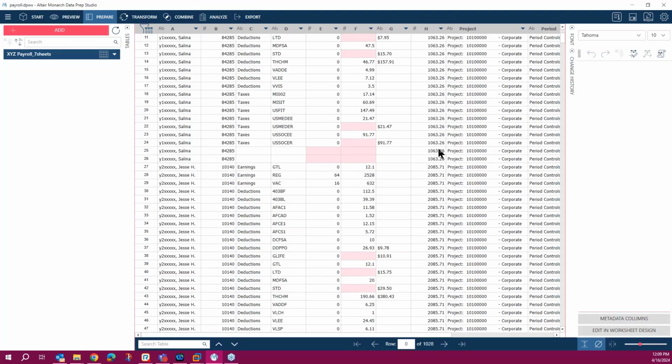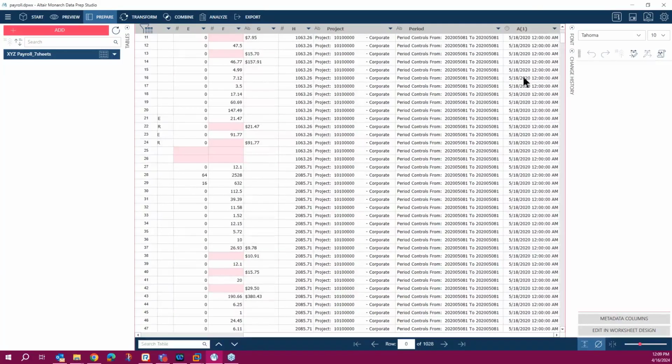But here, it's all done in one table. Then I can prepare certain columns, like remove the data for the project or period or change the date, although I forgot to change the date column when I was in worksheet design.